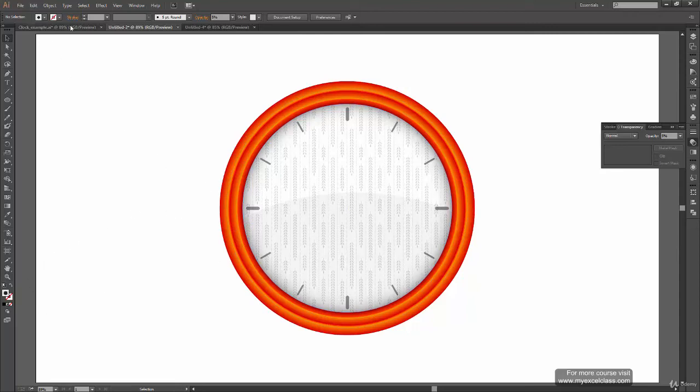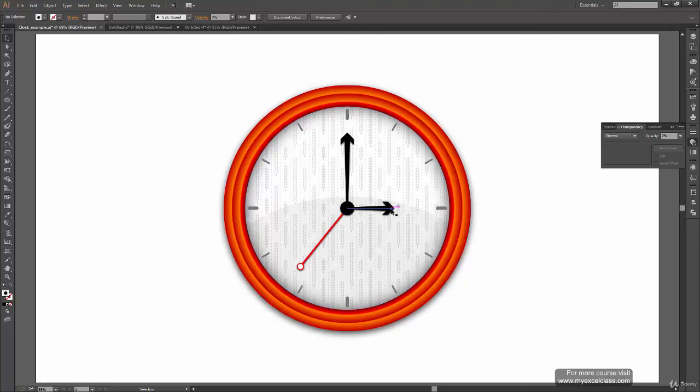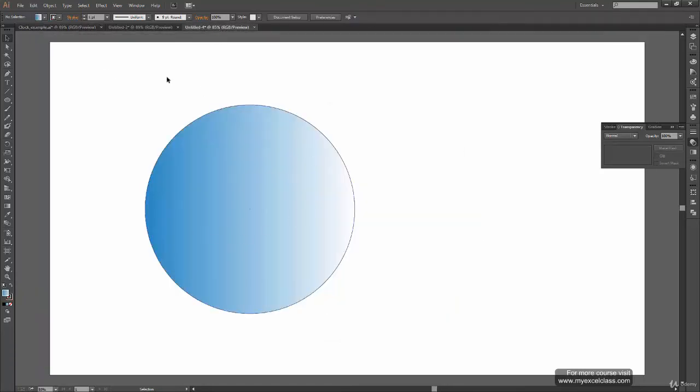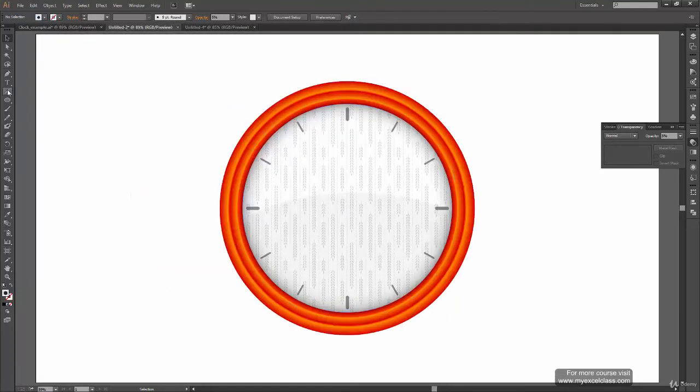Okay, the next thing to be done is create this minute hand, this hour hand, and this second hand, and then we have this small thing at the top which we are going to place. So let's create another line for that. Press shift again, hold the shift key to create a perfectly vertical line. Again, go to the center, start dragging and create a vertical line. Again, press shift to create a horizontal line, and then you can just go to the center and drag a line anywhere you want, because it's the second hand, it can be anywhere, and you can decide the length of the second hand also.